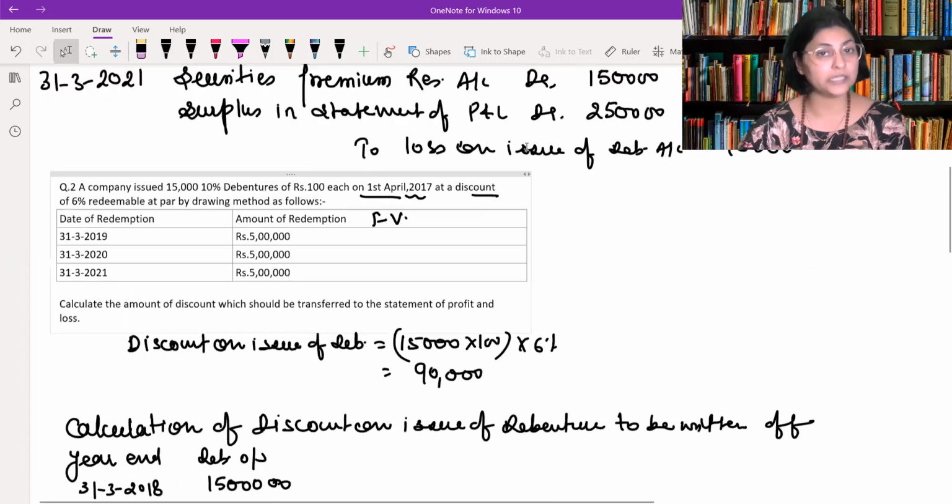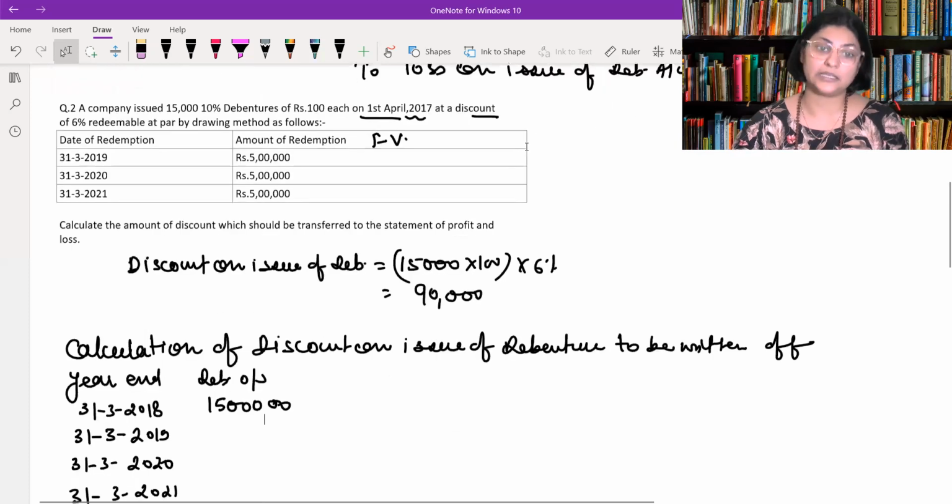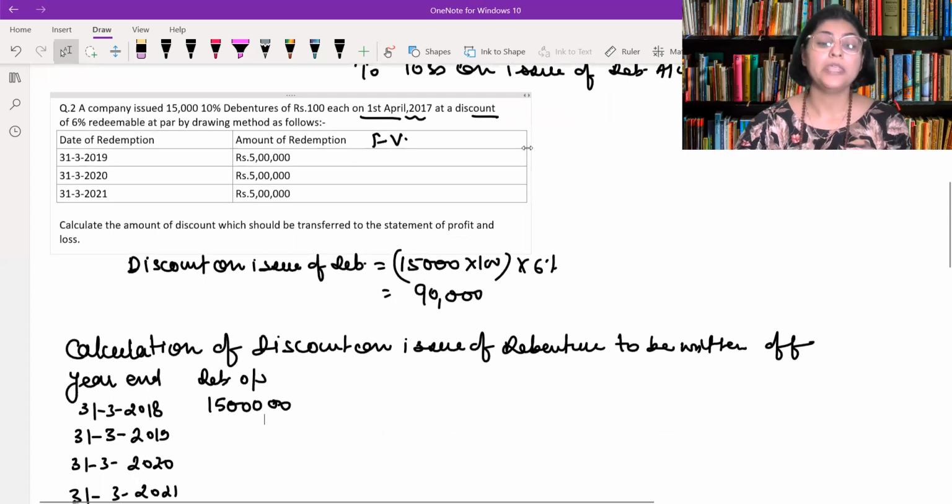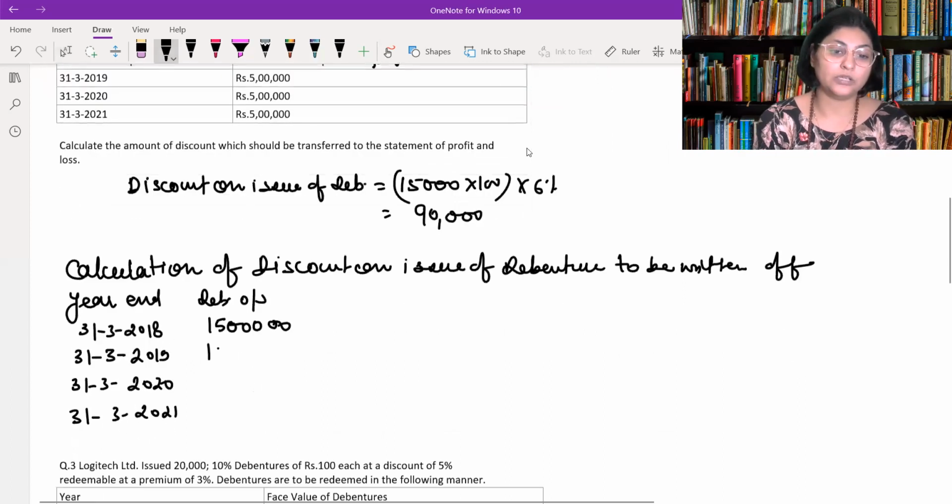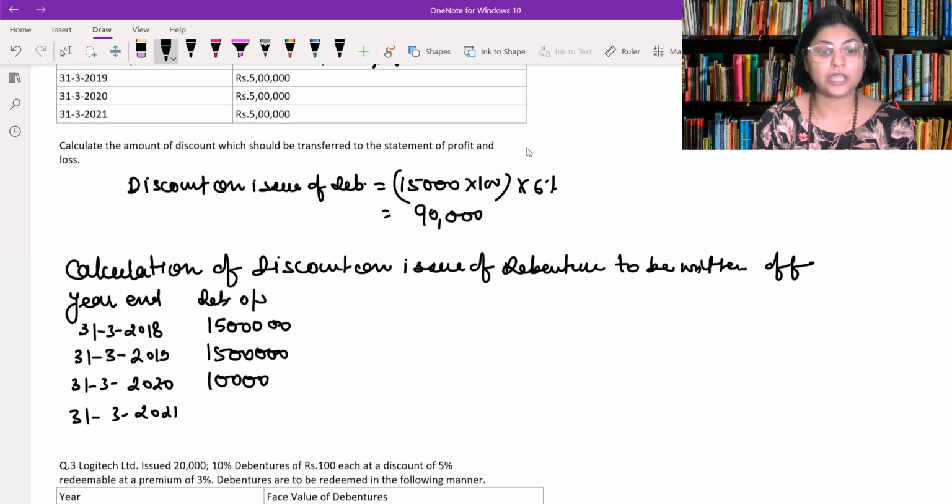So as we have learned in the previous class, in the year itself we are not going to redeem it because it is on the last day of the year. Not redeemed means not deducting it. Here I'm going to write 15 lakh only, and whatever amount is being deducted, meaning redeemed, I will show as reduction in the next year. So here I'm going to write 10 lakh rupees. How? This is 15 lakh minus 5 lakh rupees.